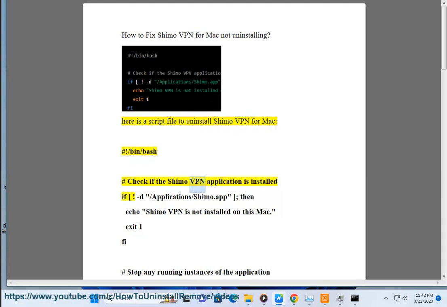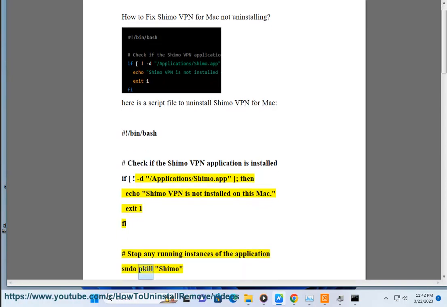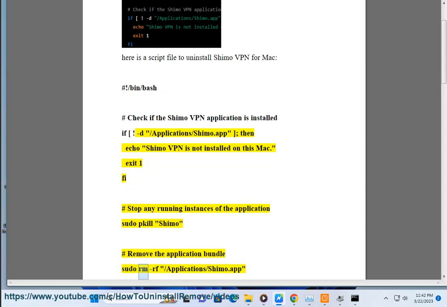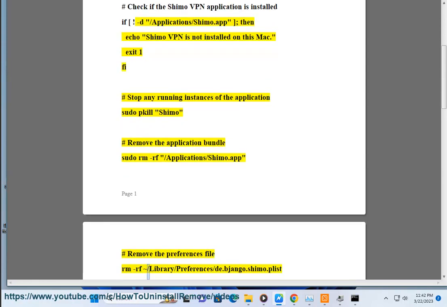#!/bin/bash # Check if the Shimo VPN application is installed. If [ ! -d /Applications/Shimo.app ], then echo "Shimo VPN is not installed on this Mac." Exit 1 fi # Stop any running instances of the application: sudo pkill Shimo # Remove the application bundle: sudo rm -rf /Applications/Shimo.app # Remove the preferences file